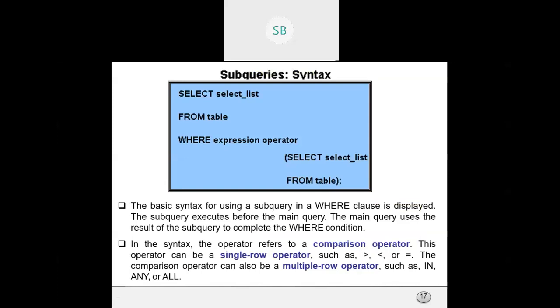You write select, then you mention the columns which you are taking from the table, where expression operator. Suppose the column is GPA, like last day, where GPA, then again you write a select query inside. This is the syntax for the subquery. In the syntax you can use various comparison operators, single row operators. Single row operators we have studied, right? Max, min, and then multi row operators.